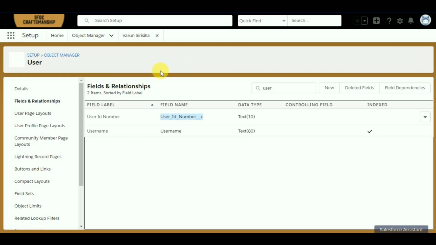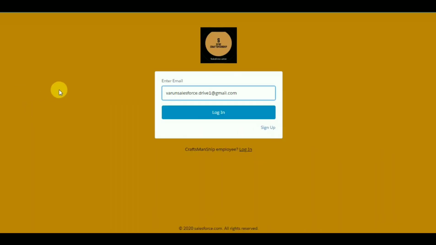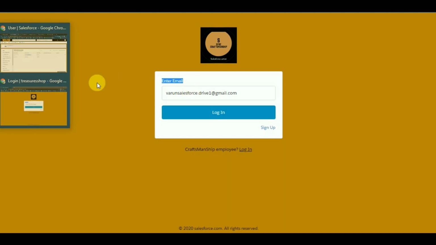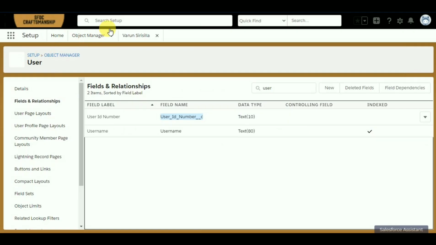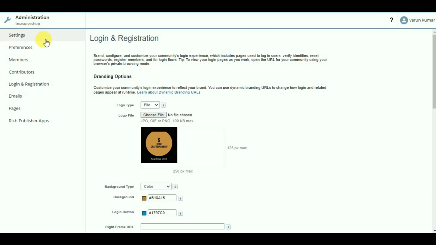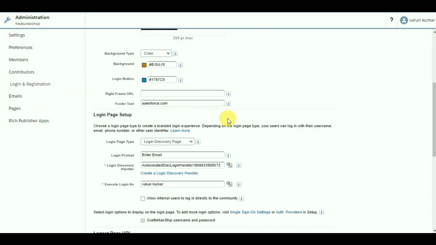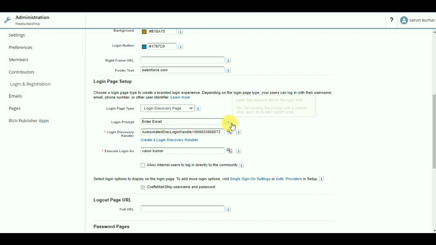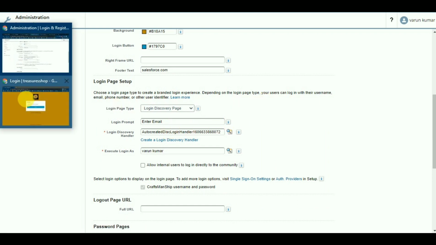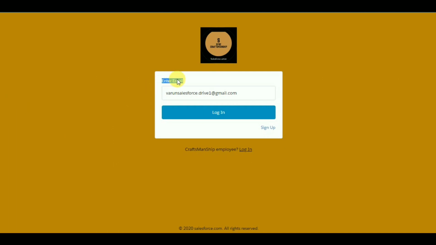Before that, if you go back to our community, the label says you should enter email. I want to change this label to enter user ID number. In order to do that, go back to your Salesforce instance and go to your community administration. In the login and registration section there is a field called login prompt, the label that appears above the login field.